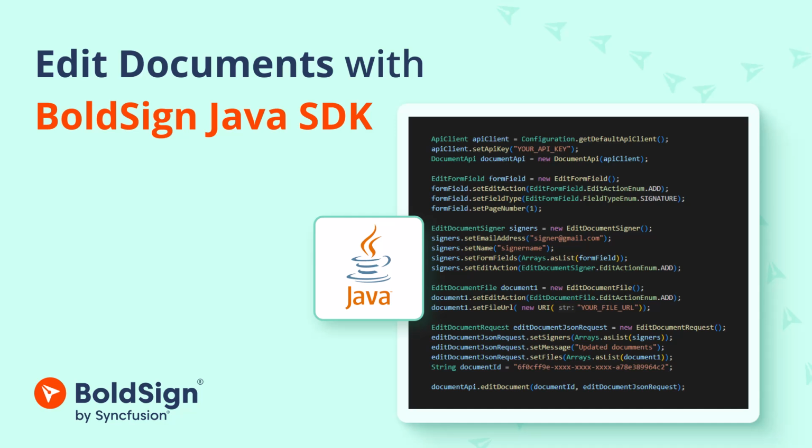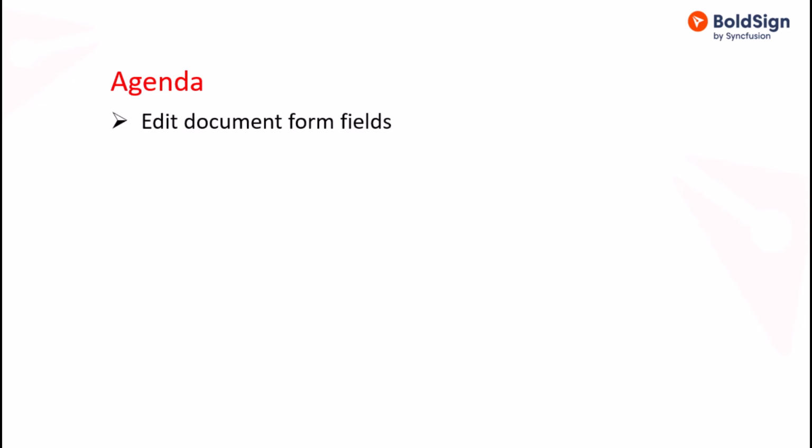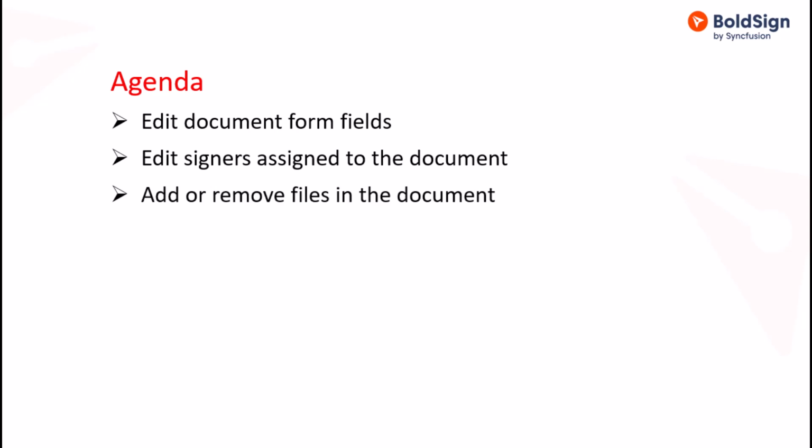In this video, I'm going to show you how to edit an existing document or draft document using the BoldSign Java SDK. I'll show you how to edit document form fields, modify signers assigned to the document, and add or remove files, all in a single request. If you're new to BoldSign, check out our Getting Started videos linked in the description below